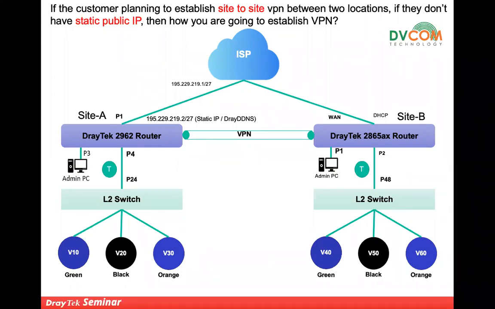So whenever you configure the VPN, use two different networks on the two sides, guys. On one side, make sure that you have either a static public IP or a DreDDNS. On the other side, it isn't required; you just need reachability of the internet connection. Whether you have a dynamic or a static IP or a DreDDNS doesn't matter on the other side. You can simply establish the VPN. So this is your site-to-site VPN.